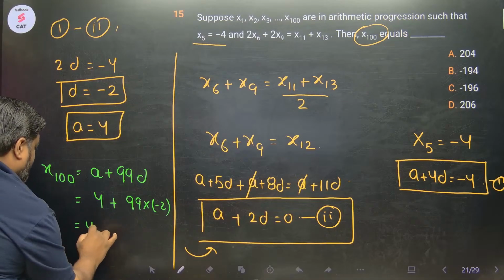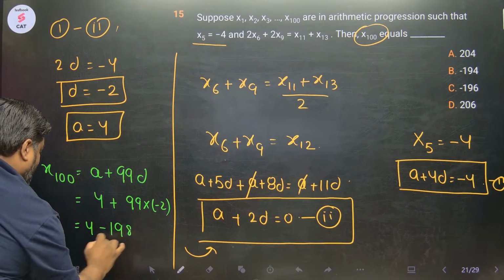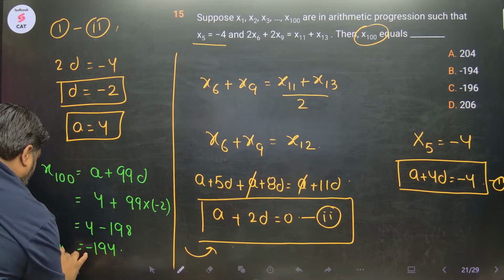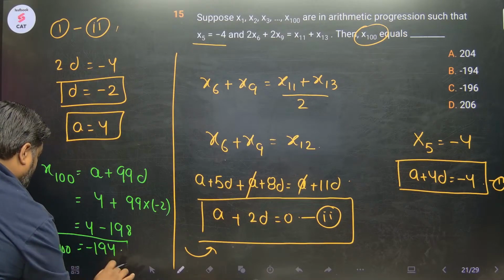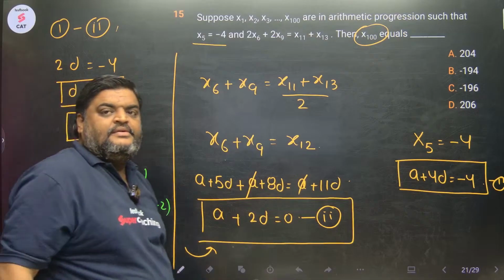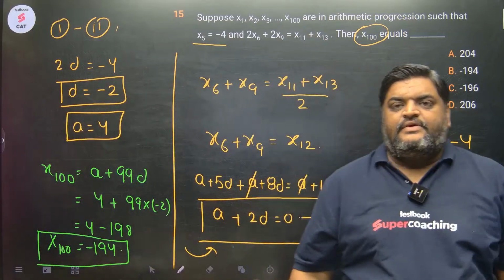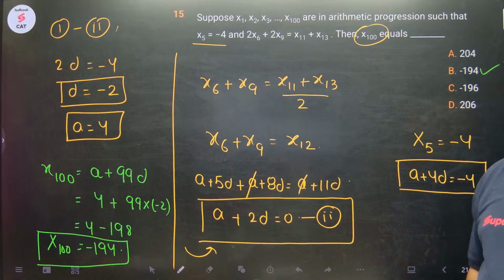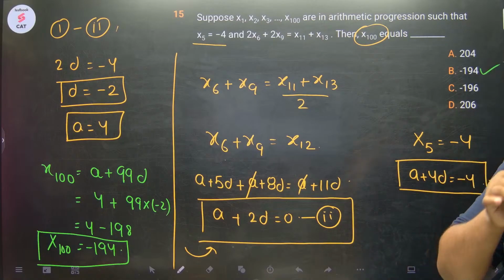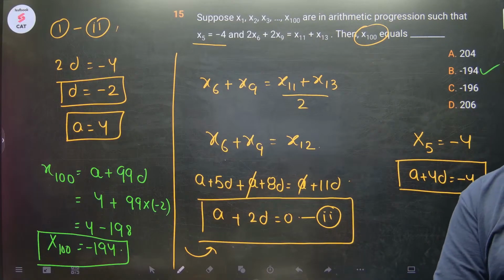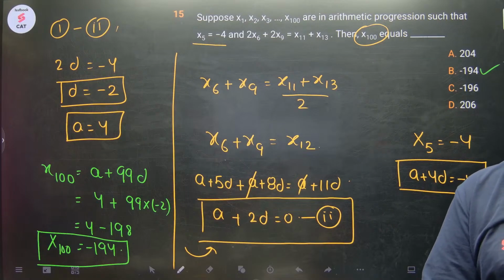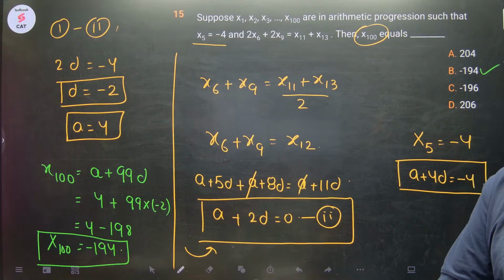This is 4 minus 198, minus 194. Option B. हाँ जी, कोई तकलीफ? Done. Next,